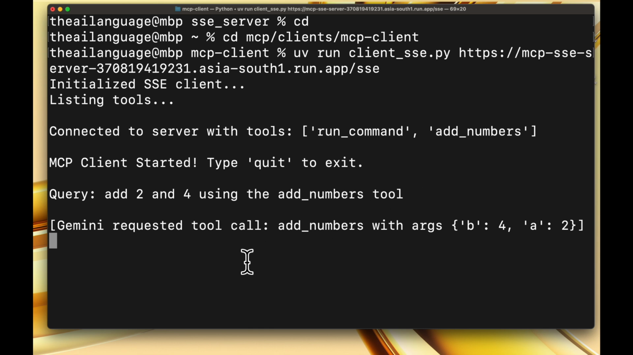Okay, so Gemini requested tool call add numbers with arguments 4 and 2. That's perfect. And then the sum of 2 and 4 is 6. And guys, is this not completely amazing that we have been able to build our MCP server, host it on the cloud on Google Cloud, and then basically run this using a client on our laptop. And this is the first step towards basically making MCP servers on the web and make them easily accessible to